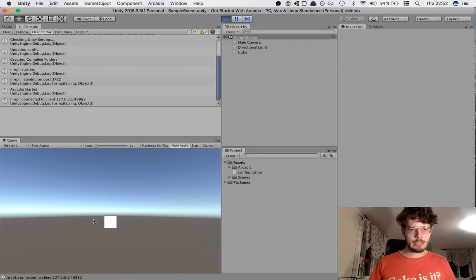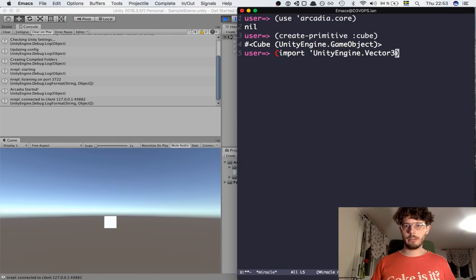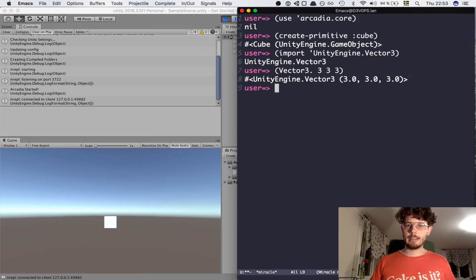So now we have our cube, and we could move our cube. So if we import UnityEngine.Vector3, now we can create vectors,